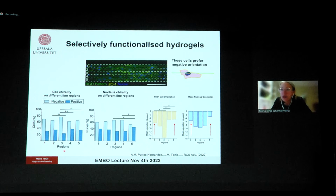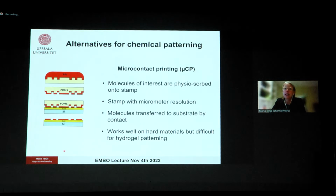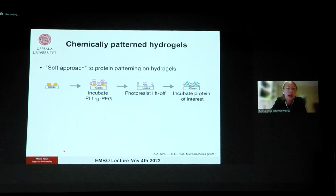And actually what I would like to do, in the interest of time, because as I was saying, when you're exposed to UV light, you also affect the mechanical properties. So there is, as an alternative to functionalizing chemically, a technique called microcontact printing, where you simply transfer the chemicals without using UV exposure. I wanted to discuss this one in a bit more detail, but I'm going to skip that actually,